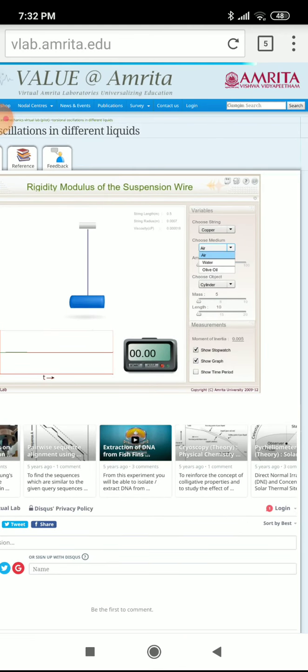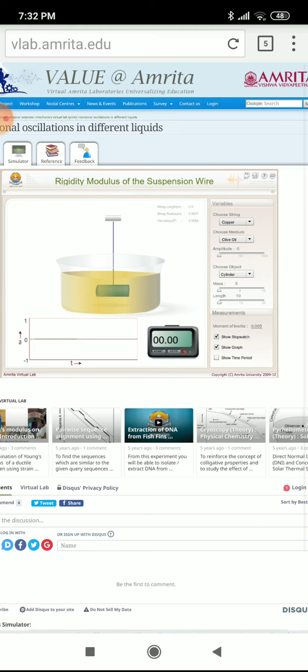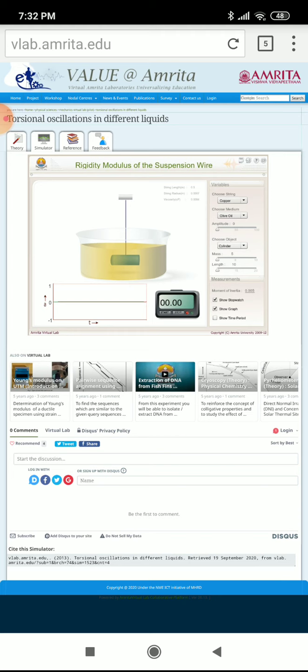Then you can change it to the oil medium. So you need to take the time period for the different media, air, oil and water, and every time calculate the time period and then the rigidity modulus of the wire, and verify whether the value of eta is the same or changes. Okay, thank you for your patience.